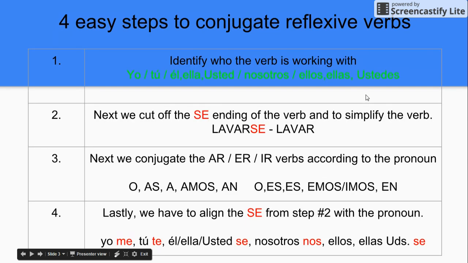So, four easy steps to conjugating reflexive verbs. First, identify who the verb is working with: the yo, tú, él, ella, usted. Next, we cut off the se ending of the verb and simplify the verb. Lavarse. We're going to get it down to just lavar. Now that's a relatively easy verb to conjugate. It's an AR verb, so for step 3 we conjugate like we normally would for AR. The yo would end in an O, tú in as, él, ella, usted a, nosotros amos, and the ellos, ellas,